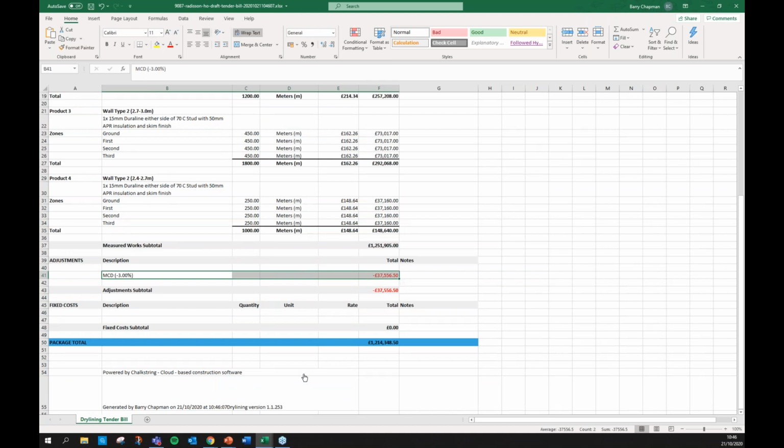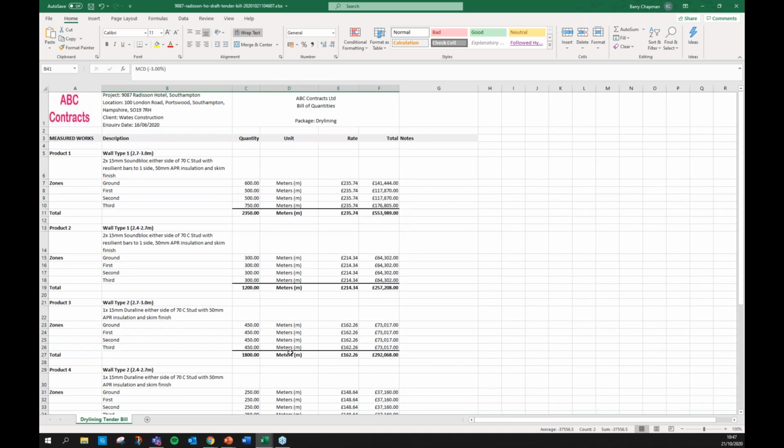So there's your main contractor discount coming in. Notice in this case, they can see they're getting a 37K healthy discount, but what they don't see is obviously the inflation to cover that. And then you've got an overall package price at the bottom. And you get a work package or a sheet like that per work package. So one worksheet per work package. So you could submit multiple work packages simultaneously. Other information you get here is